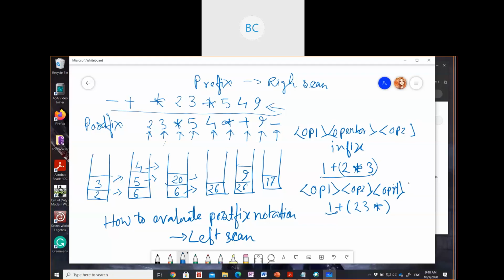So this one is again your operand 1 and operand 2. And this is your operator. So again, you will apply the same thing. You need to convert it to postfix. So you will put this operator here now. So your final answer will be 2, 3 and this one is plus. After doing this,